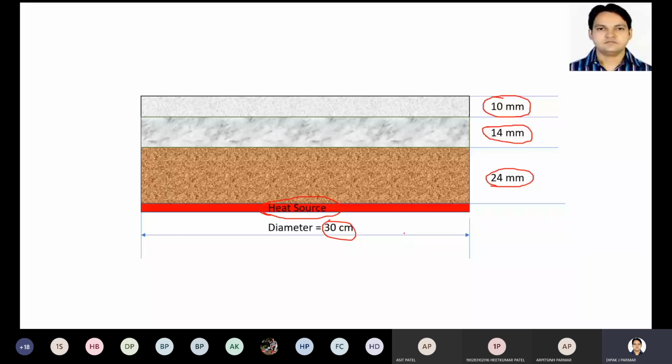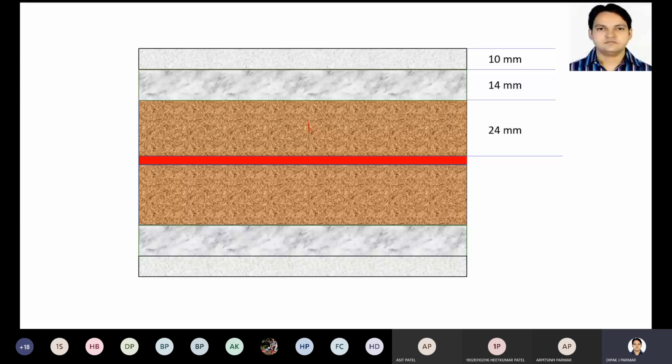As I mentioned, on both sides we have the same plate. So this is material number 1, and the same material number 1 is over here. In the center portion, this is your heater portion. So heat is supplied in this direction as well as in this direction. As I mentioned, on the surface of the plate, different thermocouples are connected. So this is thermocouple 1, thermocouple 2, and thermocouple 3. This is the heater, and this plate is attached to the heater.